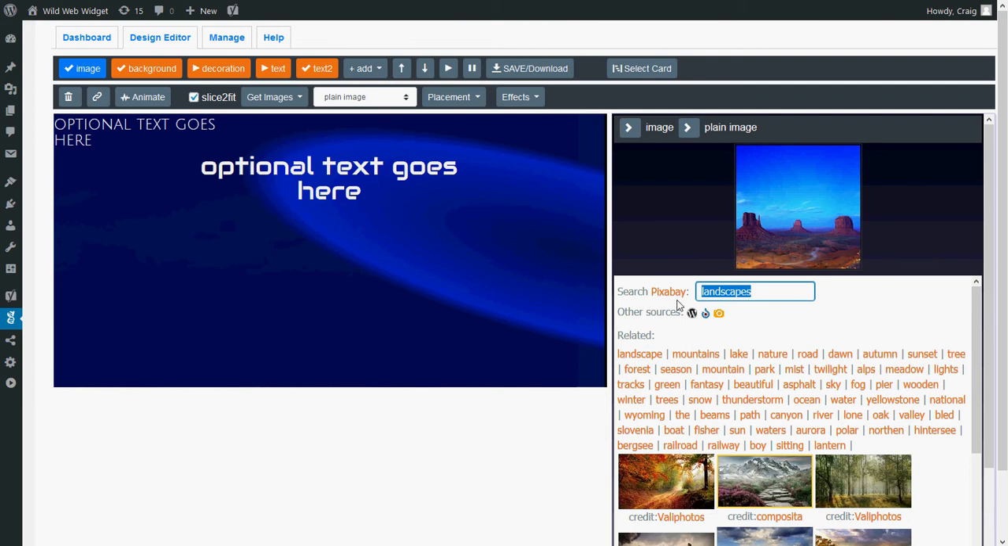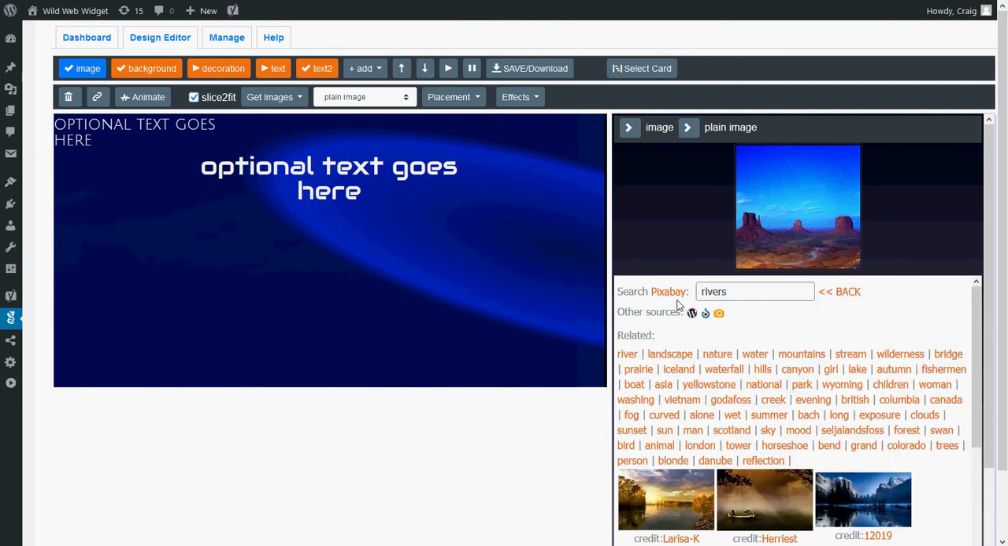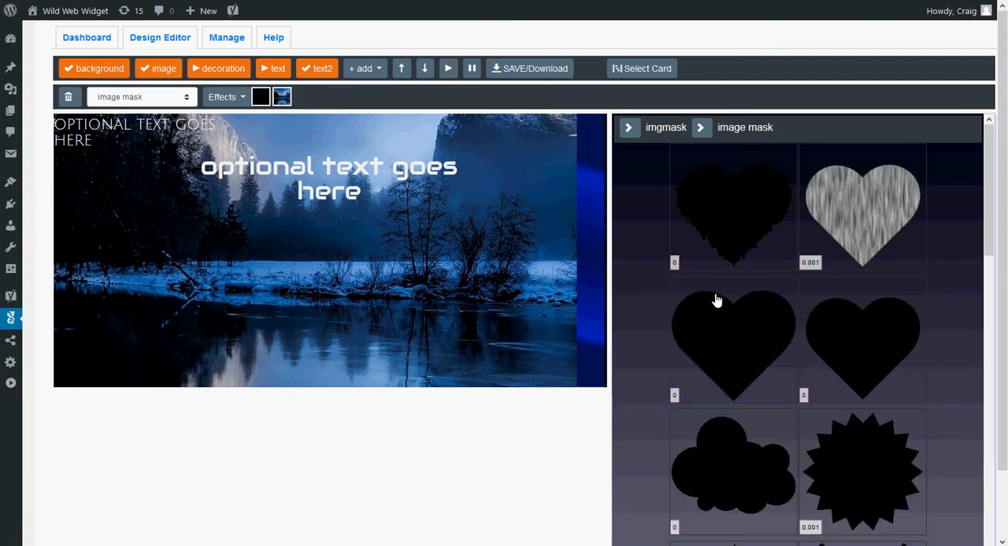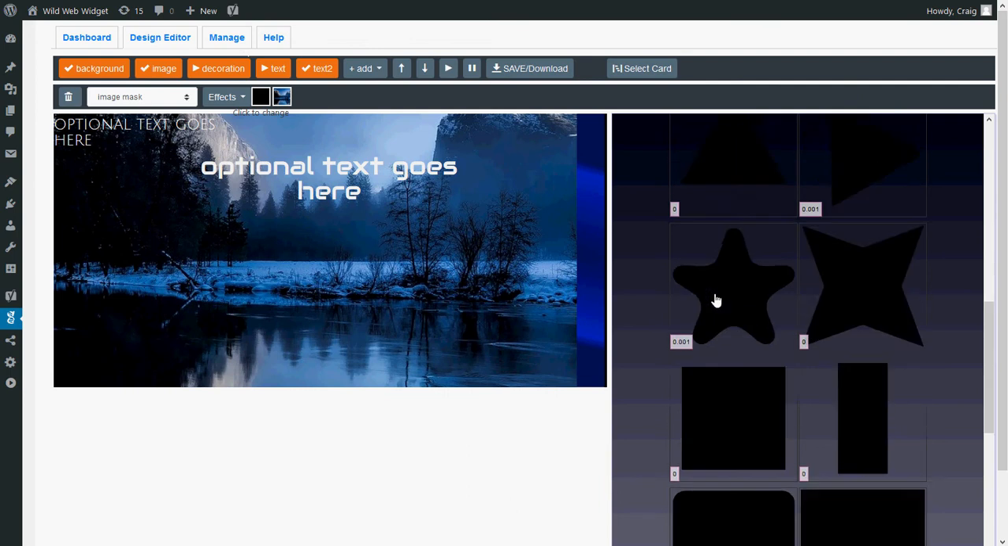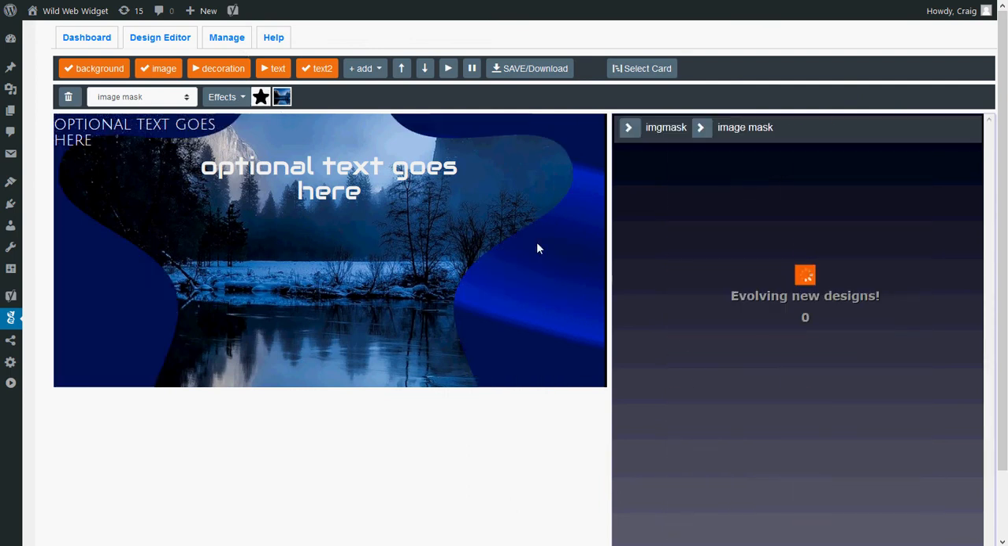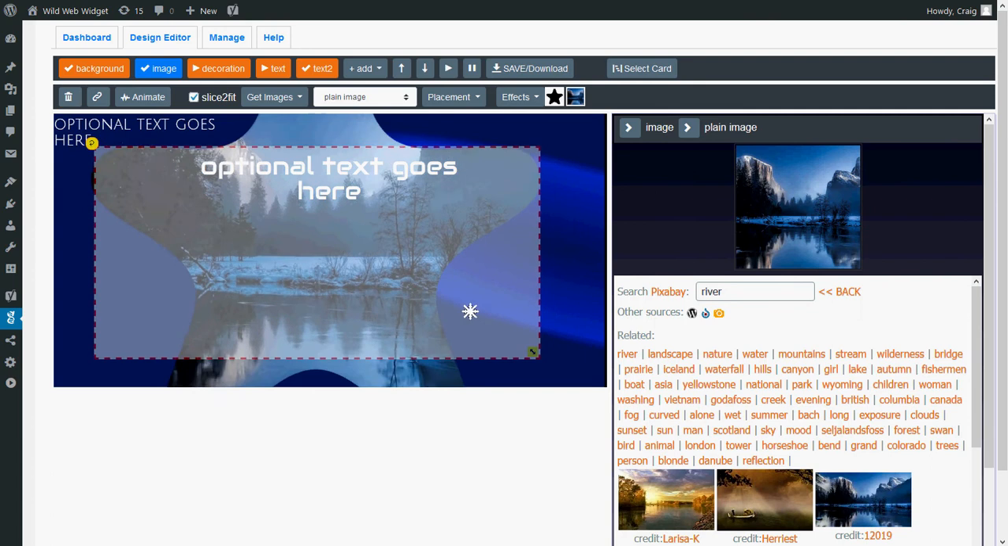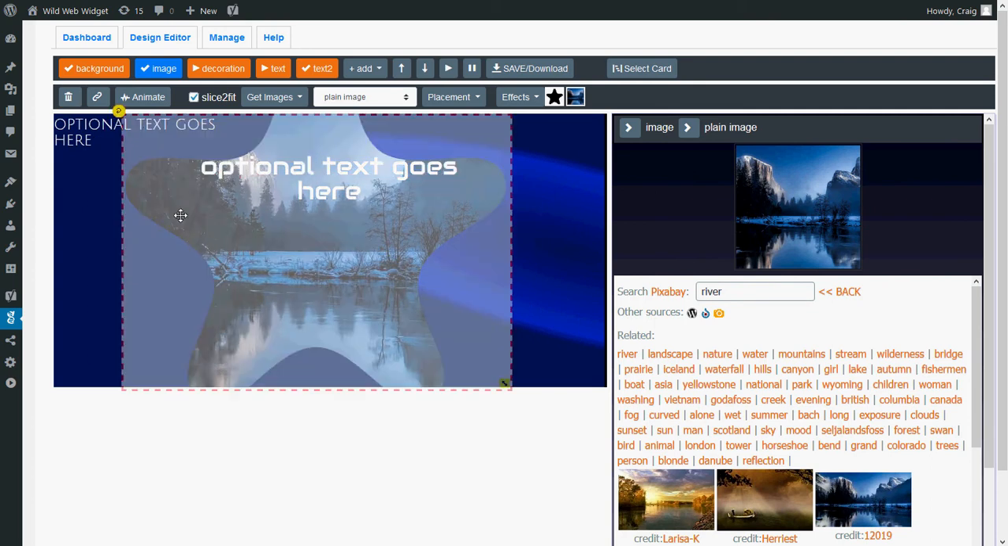You can search for more images. Let's try this mountain scene. Under effects, I can set a mask, and clicking it to choose one. Resizing it, rotating it,